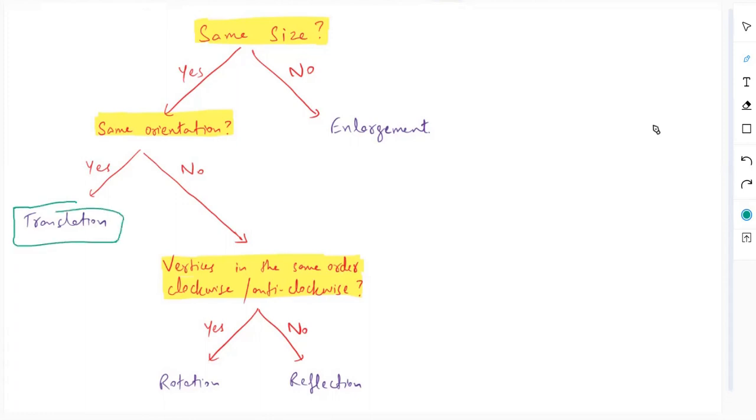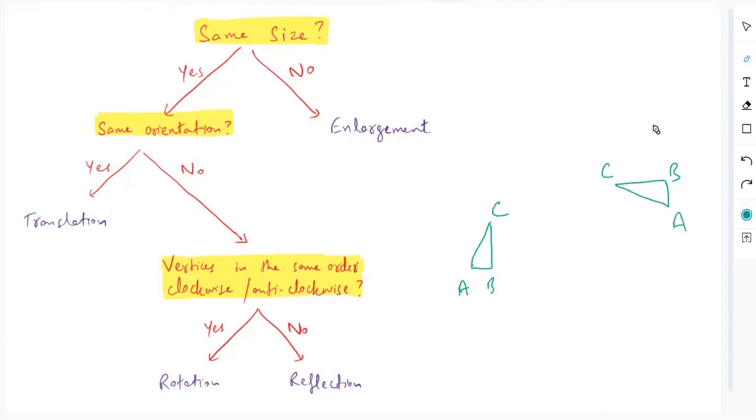Simple translation. If the orientation is also different, if the orientation is not the same, then it's either reflection or rotation. ये दो options रहेंगी आपके पास. उसको टेस्ट करने के लिए हमने वो रूल देखा था कि अगर आपके पास let's say एक फिगर इस तरह से है, A B C एंटी क्लॉकवाइज, ठीक है, इसी फिगर को मैं इस तरह यहाँ पे साइड बनाता हूँ, and this is A, you have a C there, that's going to be a B in fact, that's B, this is C, this is